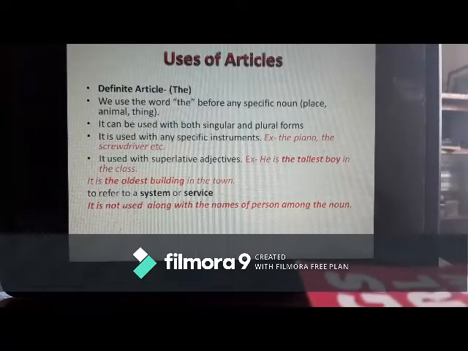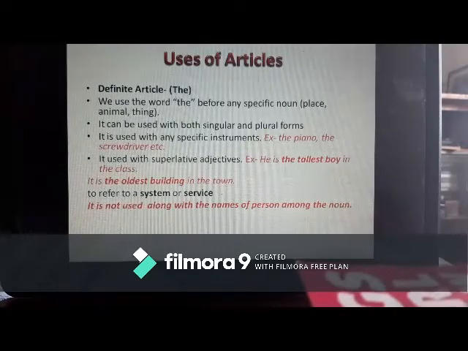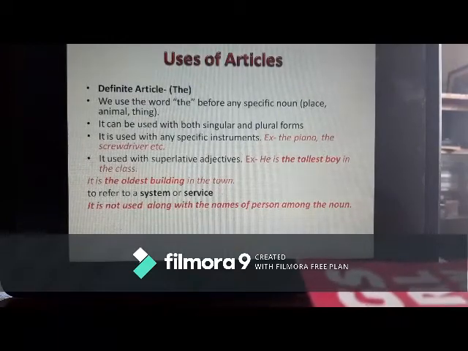For example, the is always used before any specific thing, right? Any specific place, animal, and thing. For example, the Agra, or animal, or the tiger, the fan, like that. Okay, we also use the word the before monuments also. There are many other specifications where we use the, and we will be studying it in the video on articles, where I explain in detail what are the uses of the, a, and an.